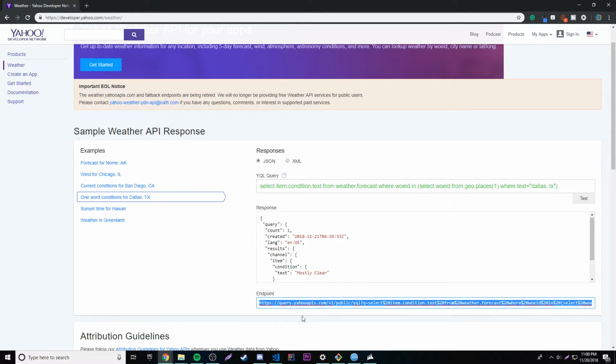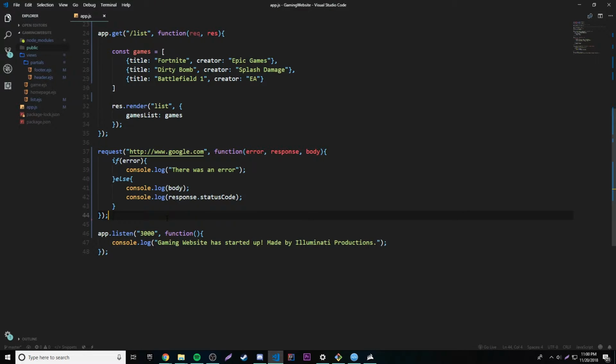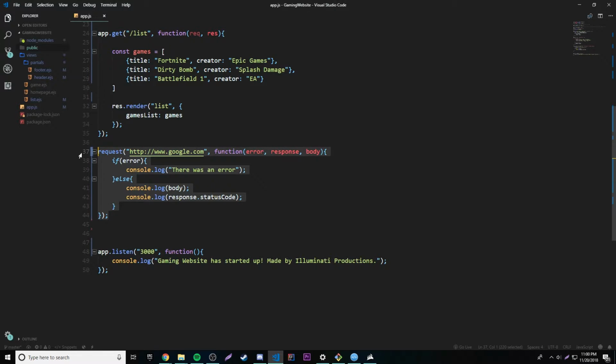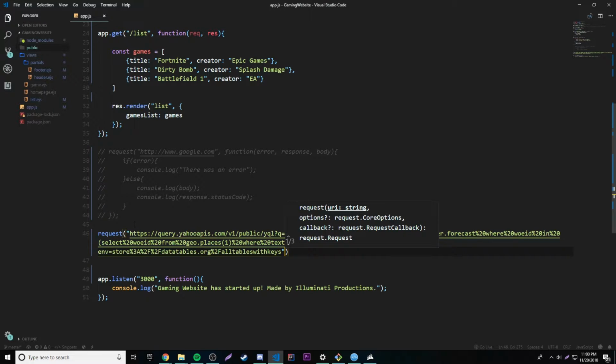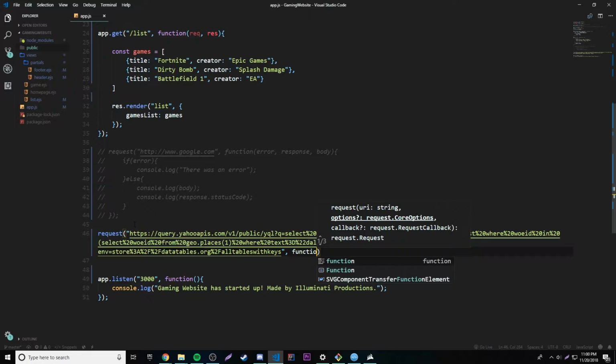So we're just going to copy this, then we'll go back and we'll make a request. We'll just comment this one out. We're just going to make a new one for practice, because practice makes permanent. So request, and that's the URL that it gave us, of course, so we'll just paste that in. I know it's big, but oh well. And then a callback function with error,